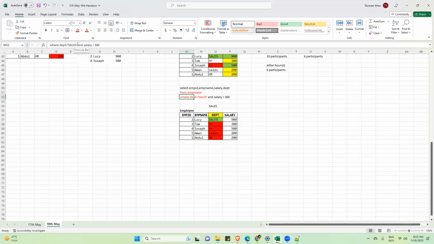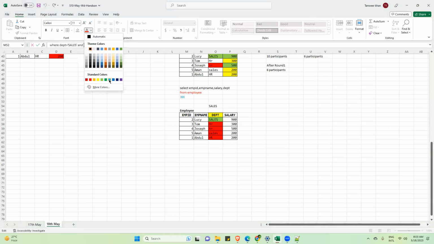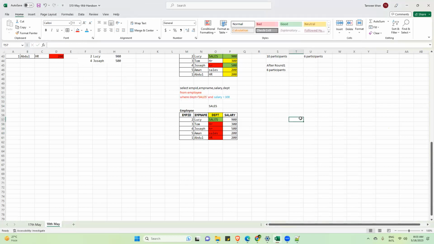Yes. Okay, then you have the AND condition. We all know that AND is a strict operator. It means the condition after AND will be tested only on those records which have cleared the first condition. So this salary greater than 300, will you test it on this first record? Yes, because it has cleared the first round.